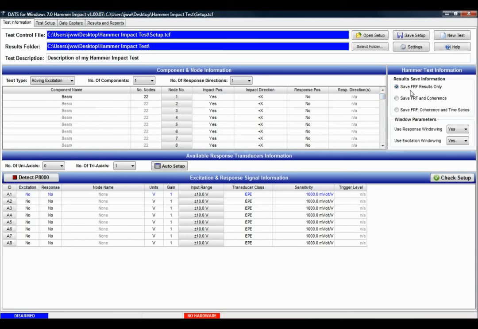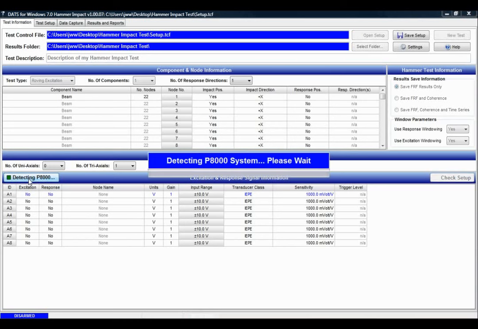I can choose to save the FRFs only, the FRF and the coherence, or the FRF, the coherence and the time series of the impacts and responses. And I can select whether or not I would like to use response windowing and excitation windowing. The P8000 that I have connected has yet to be detected, as shown by the no hardware label here. If I click on the flashing button, detect P8000, we'll see that it will pick up the P8000,